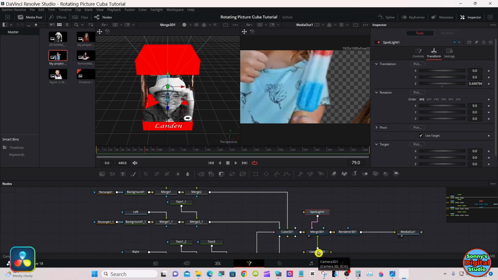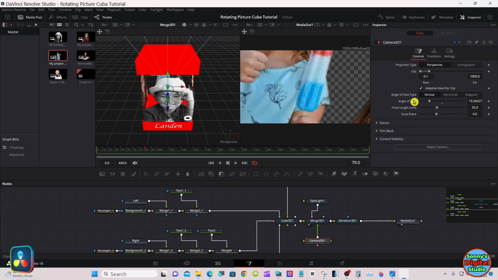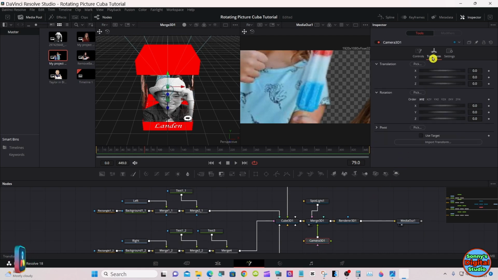Just move it back a little bit, then we'll go ahead and move the camera back. So select the camera next. Same thing, go to the inspector under Transform, select Use Target.